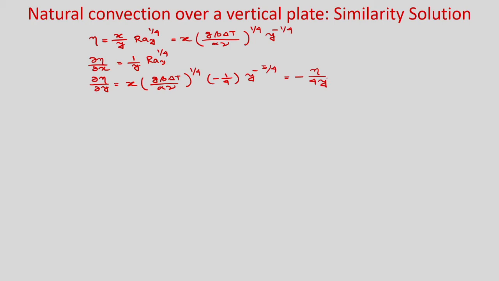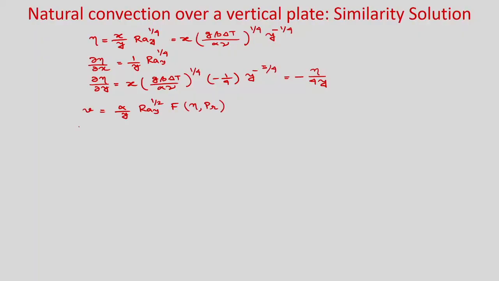Okay. After simplification, now we have v. We have written v as alpha by y Rayleigh number to the power half f, which is a function of eta and Prandtl number. Now, we will find the stream function from this velocity v, and once the stream function is known, you will be able to calculate the velocity u and velocity gradients like del v by del x, del v by del y, and del 2 v by del y square.